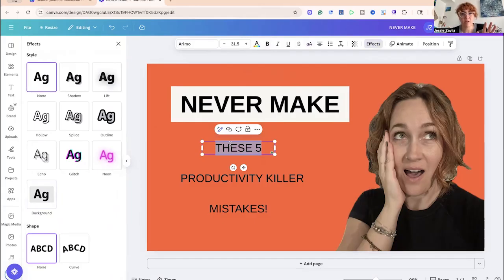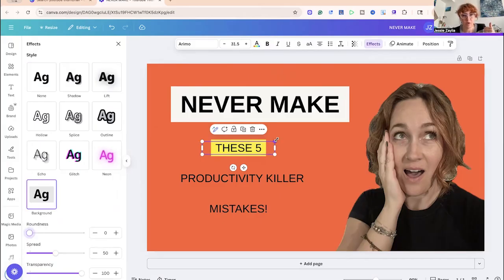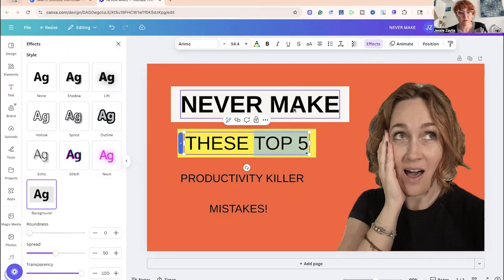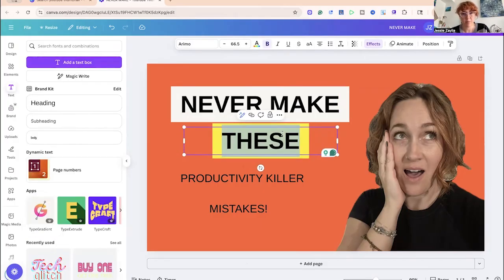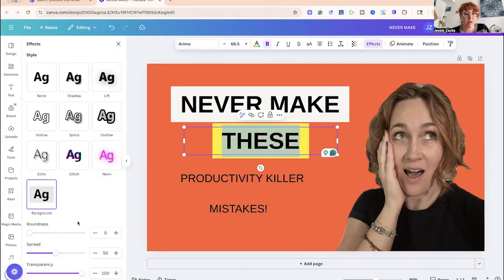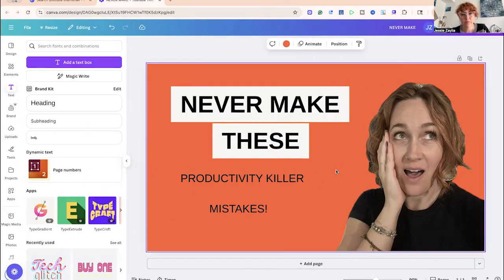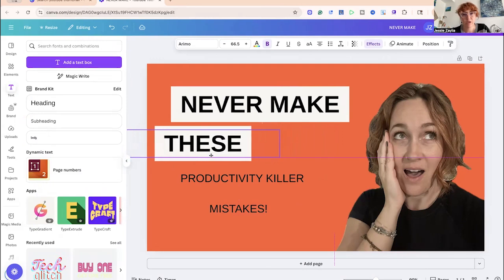White. People like avoiding mistakes, and they like it when you have a number of mistakes that you're going to help them to avoid. I want to make this big. Maybe I'm going to put top 5. Maybe I want this to be in a different box. And the reason why I say that is because top 5 needs to be like the biggest thing. I'm going to make that bold. I'm going to change the color of the background again. So I go back to effects and I change the color of the background of that little rectangle, move this